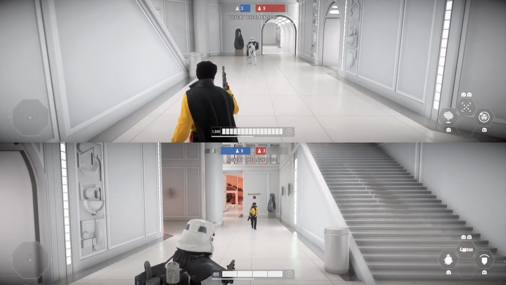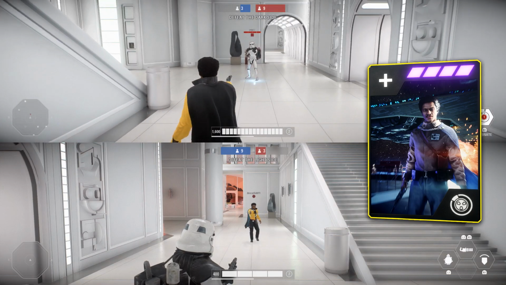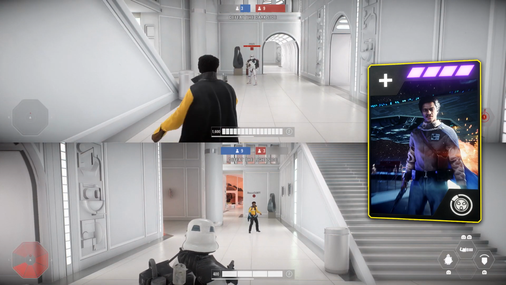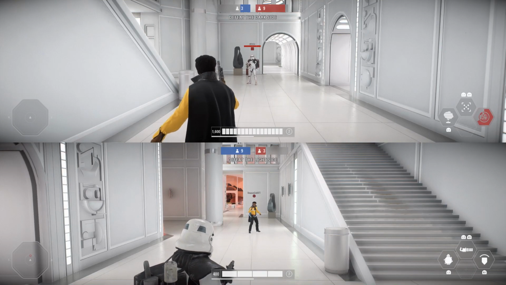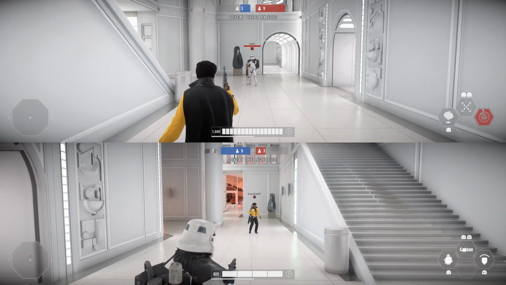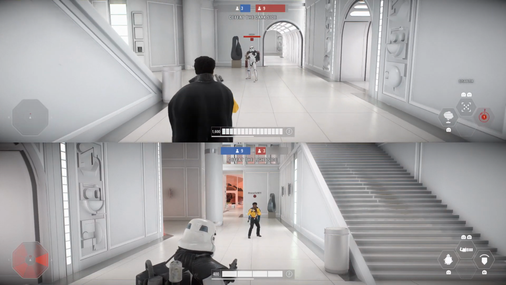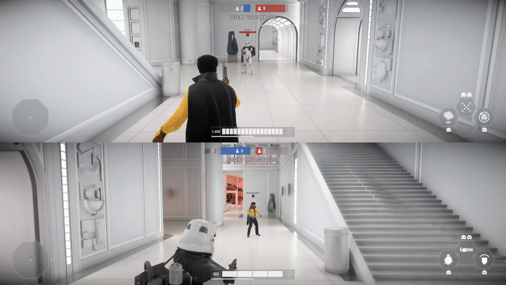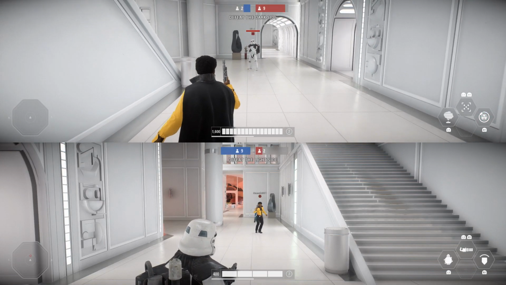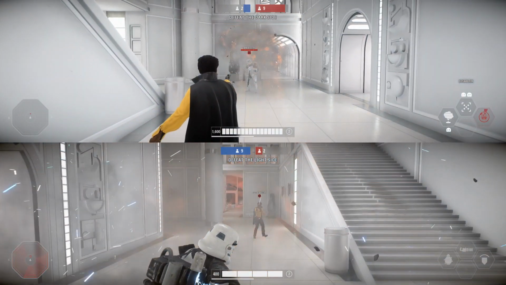Now, next up we had a card for Lando, which is his Quick Shock card, and this one mentions if the disabler is detonated within 5 seconds of attaching to a surface, the shock explosion is stronger and enemies are shocked for a longer duration, and that longer duration can be up to 30% longer when fully maxed. First off, I just tested the disabler without this card equipped just to get a rough idea of how long the enemy stayed stunned for, and then I equipped the card, tried again and made sure it was used within those 5 seconds to activate it, and as you can see there really isn't much of a difference in the